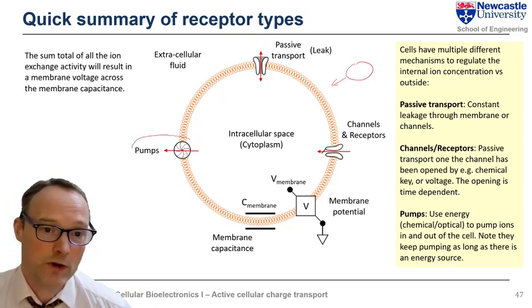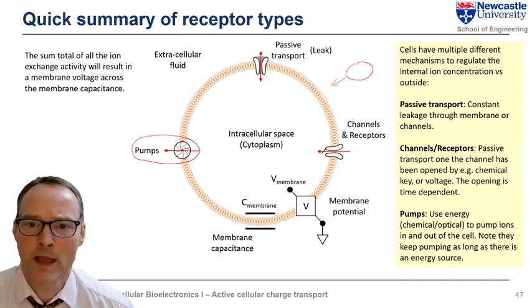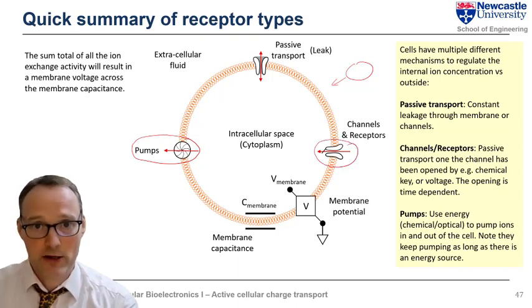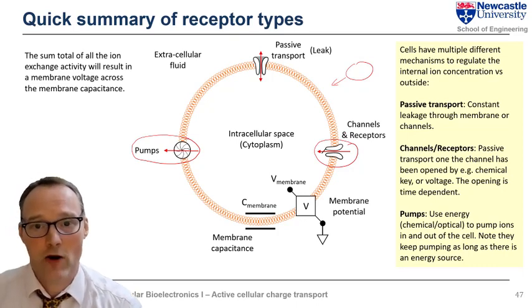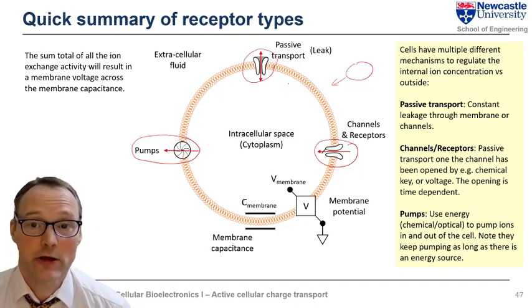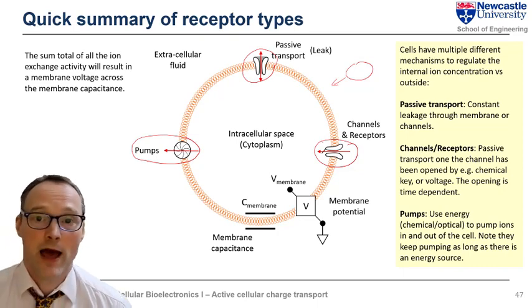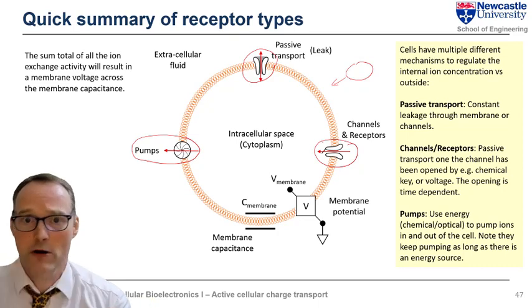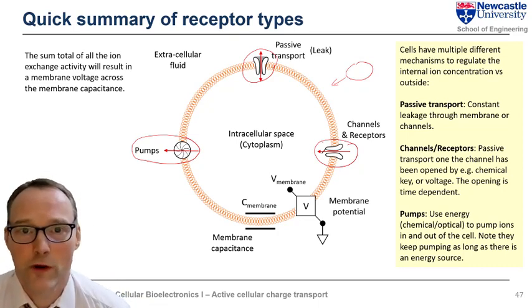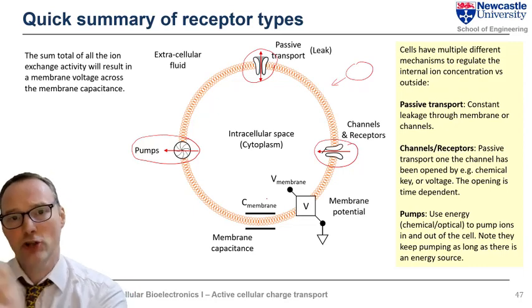So the first component will be pumps, and this will, as we described before, pump sodium out, pump potassium in. It will have channels, which when opened, depending on the particular channel type, allow a particular ion back into the cell. There is passive leakage through these individual channels, and of course just through the channel membrane itself. And we can separate that out per ion, or we can just have an overall leak if we have multiple components. And then of course, because there's now charge on the inside and charge on the outside of this